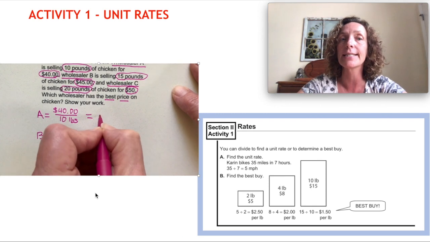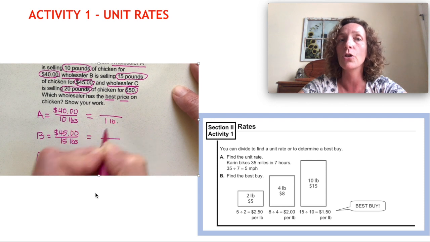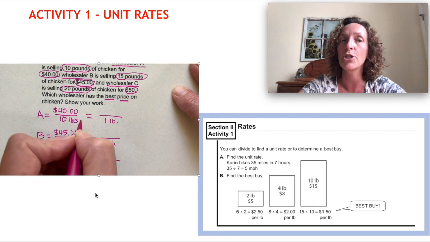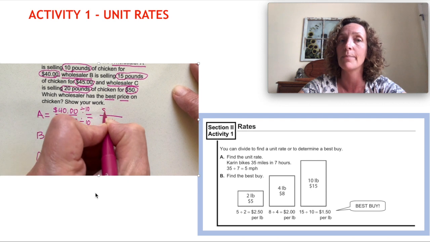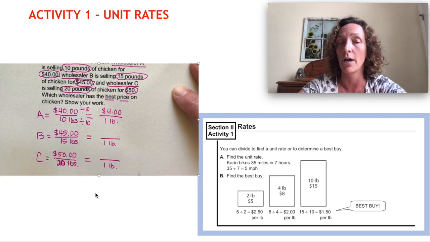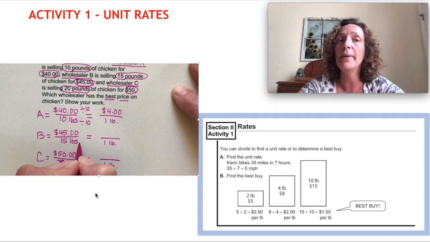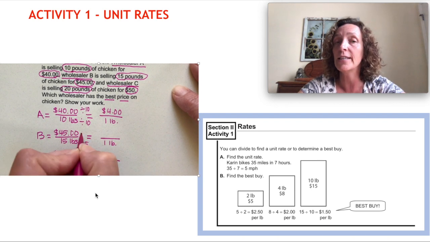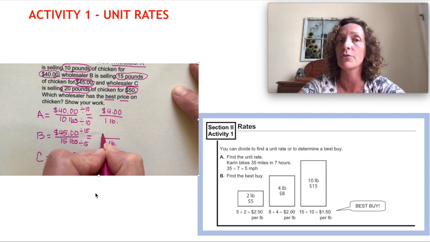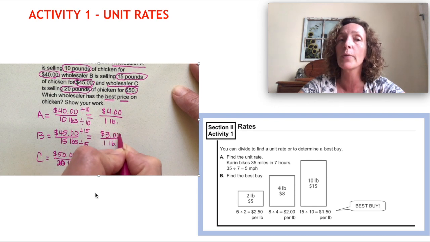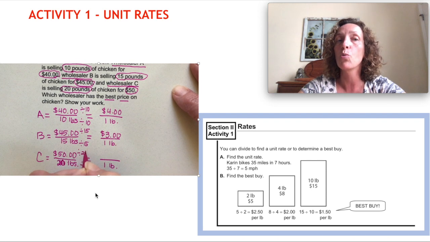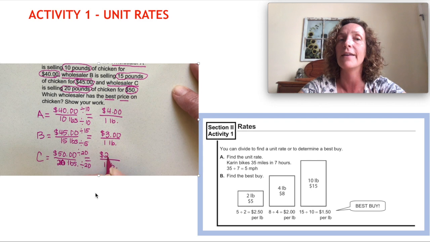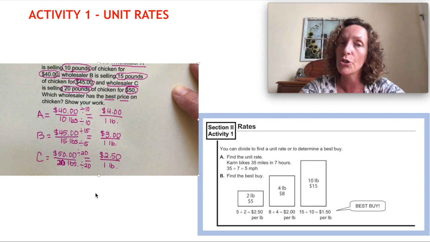All right, so I'm going to set up all of these problems with a unit rate of 1 pound. And then I'm going to find equivalent ratios. 10 divided by 10 will give me 1 pound. So 40 divided by 10 gives me $4. Wholesaler B, 15 divided by 15 will give me that 1 pound. So $45 divided by 15 gives me $3 for 1 pound of chicken. Wholesaler C, we would do 20 divided by 20 to get 1 pound, and then $50 divided by 20 is